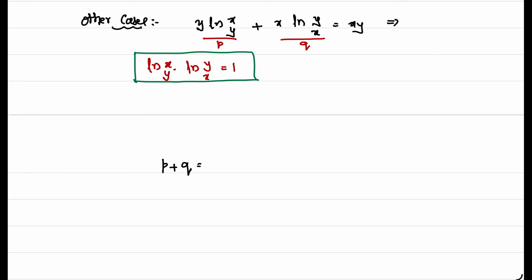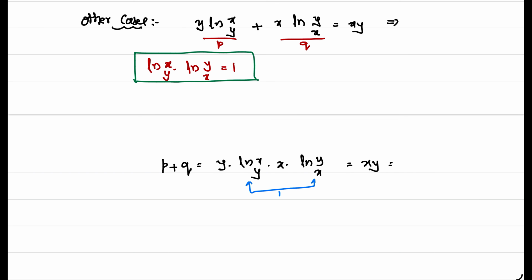Can we write like this? y ln x to the base y into x ln y to the base x, the multiplication of these two is unity. This implies xy is equal to